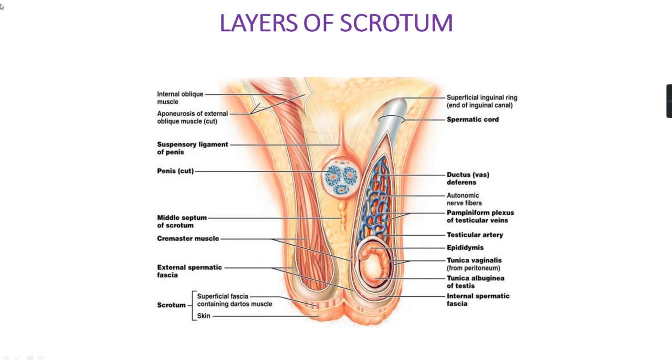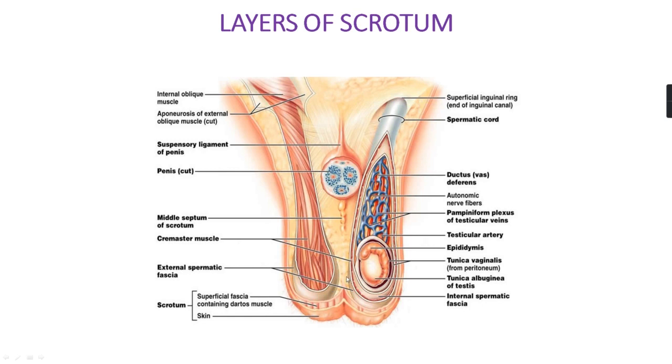Now something about the layers of the scrotum. The scrotum is made up, from outside to inside, of these layers. The first is the skin, which is a continuation of the abdominal skin. Now the superficial fascia here is replaced by the dartos muscle, and the dartos muscle is prolonged to form a median vertical septum between the two halves of the scrotum. You can see here, this is the middle septum of the scrotum that is formed by the dartos muscle. The third layer is the external spermatic fascia. This is the external spermatic fascia, right?